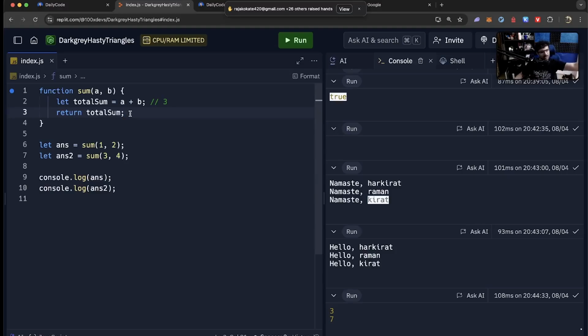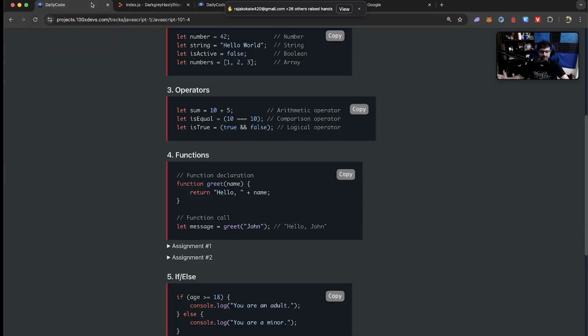कि भाई तेरे को एक बार सिखा दिया ना, I have taught you once, now do this thing again and again, I will call you again and again. It's like getting an employee, teaching them something and then giving them tasks again and again. कि भाई do this, do this, do this, do this. That is what a function lets you do. The name itself is function. You're supposed to function a certain way. You're supposed to do something.